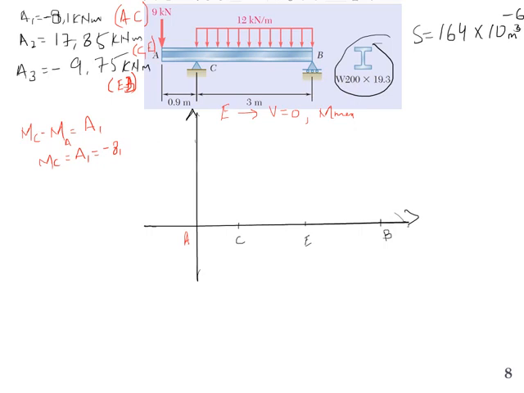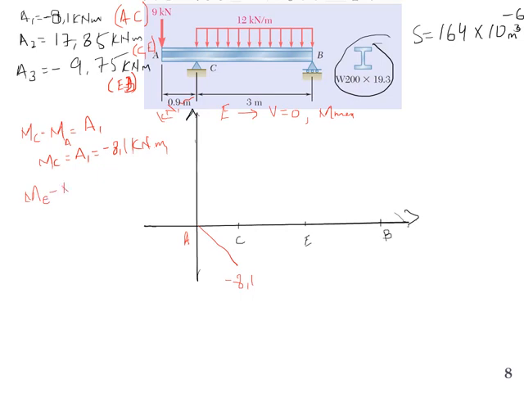So let me clearly write this. From A to C, minus 8.1 kilonewton meter. So the value at C will be approximately minus 8.1, and let's take this scale in kilonewton meter. Okay, now we have to calculate the moment at E. So ME